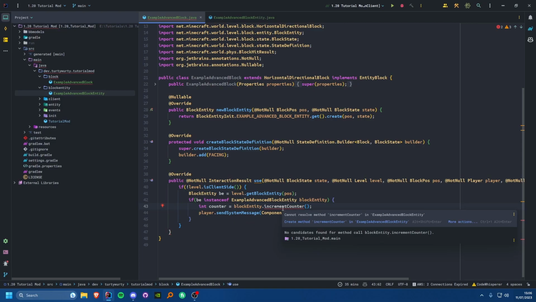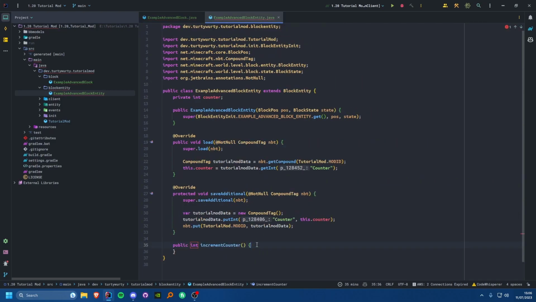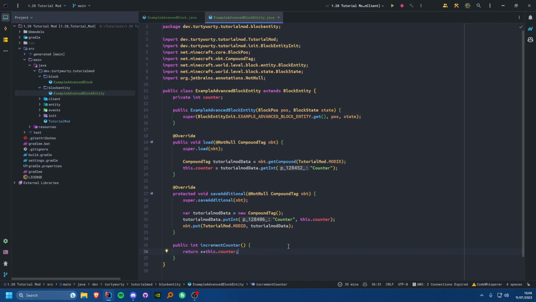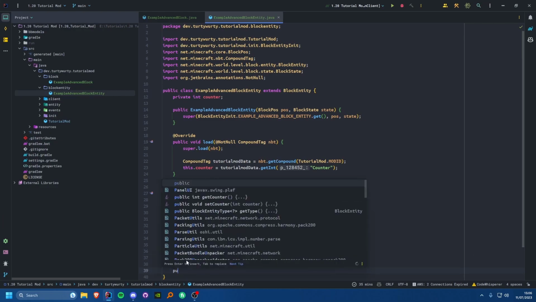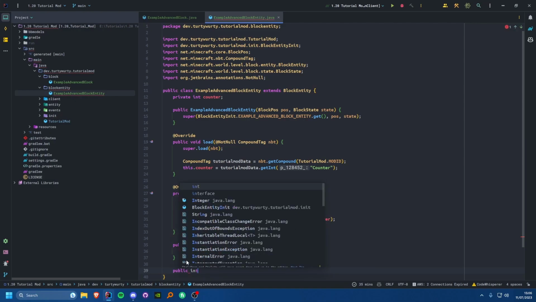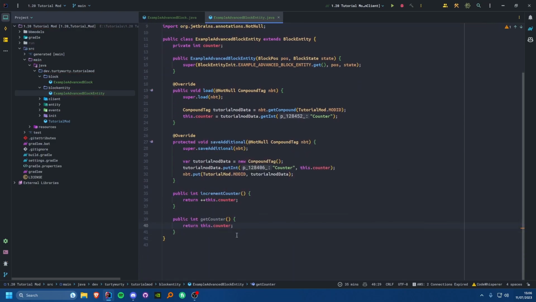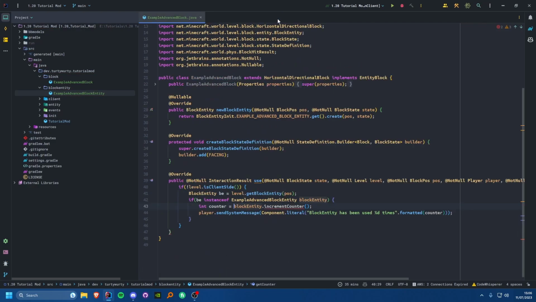Now we do just need to create this increment counter method. So let's just quickly go ahead and do that. We're just going to do this.counter, and we'll do plus plus this.counter. So return ++this.counter, and that just increments the counter like that. Obviously, if we did it at the end, then it would increment afterwards, but I'm just going to do it like that, so that works perfectly fine. And you could also just create a method for getting the counter instead of incrementing. So you might want something like getCounter, and that just returns this.counter. And yeah, that would work perfectly fine too. I'll leave that method there just so we can maybe use it in the future. We'll see. And yeah, that should all work perfectly fine.